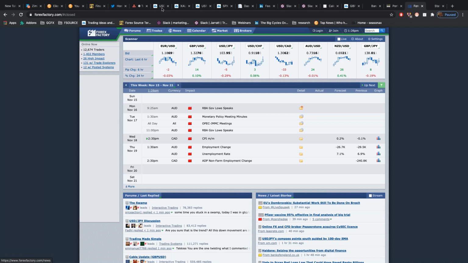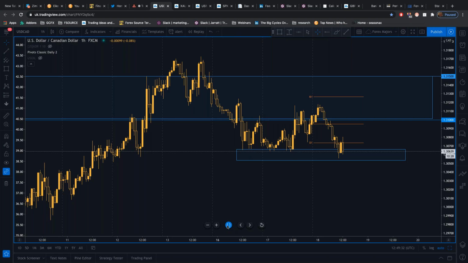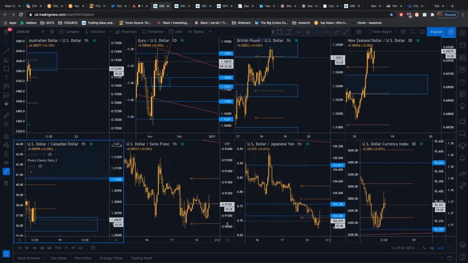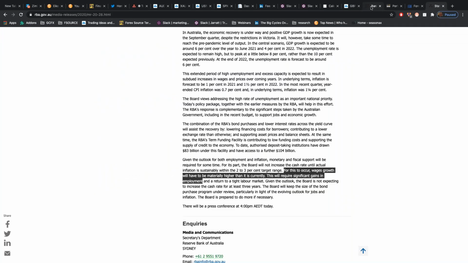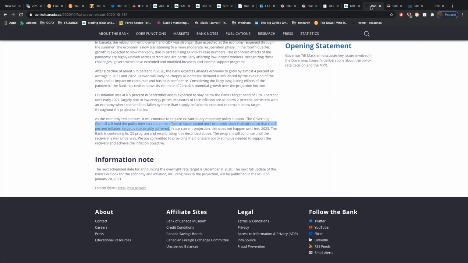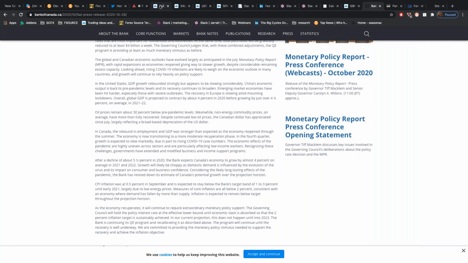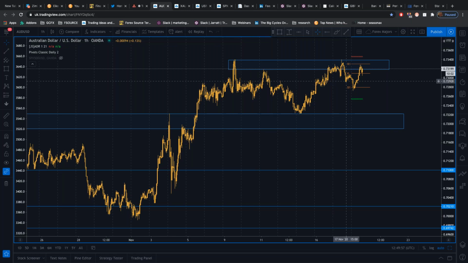So that could be something to look out for. One way to deal with that would be to look for a break of this level to the upside on positive employment data and a retest around that 0.7330 level. Okay, this is not just trades to jump in. This is using central bank analysis. This is how professional traders trade. This is how you work out which data is significant versus which data is not significant. Okay, so that's how you go about making those decisions